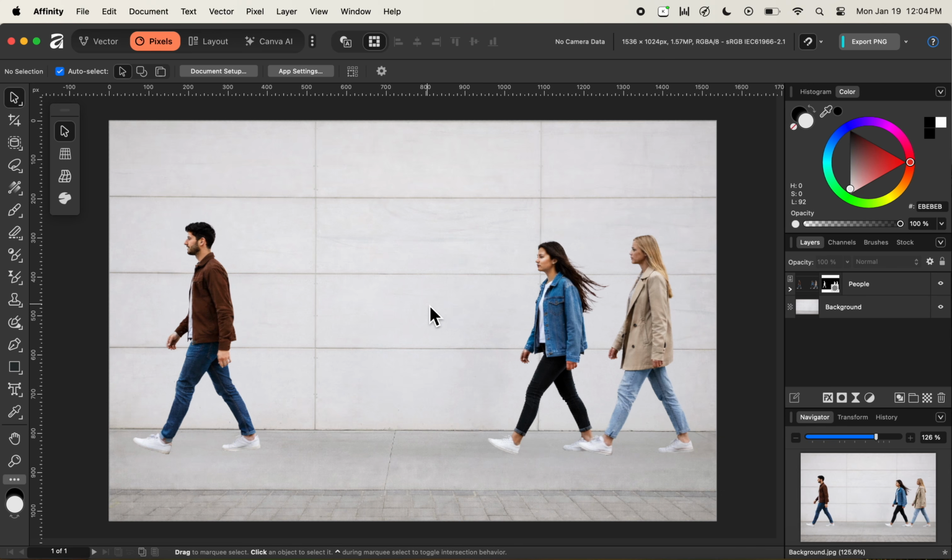In today's video, we'll be looking at one of the magical shortcut keys of the brush tool inside of Affinity that will save us hours and hours of time while working on any design project.